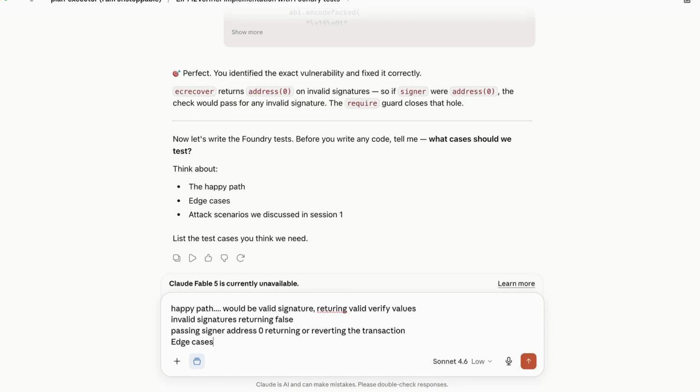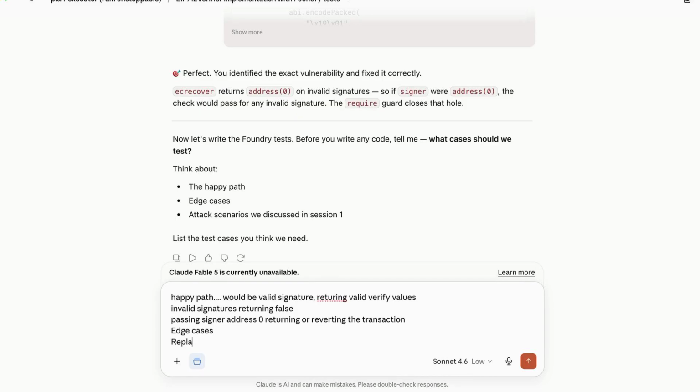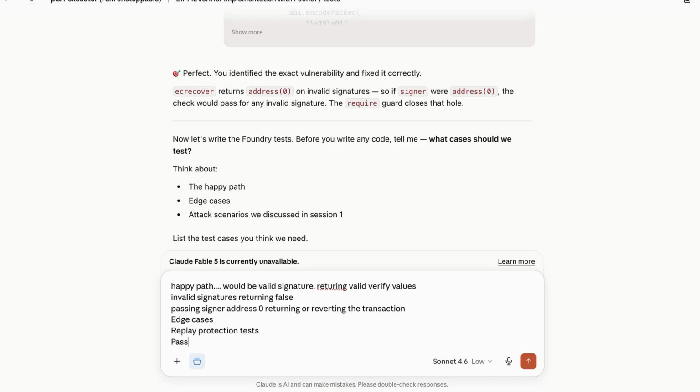Edge cases, the replay protection tests, passing the same signature twice,